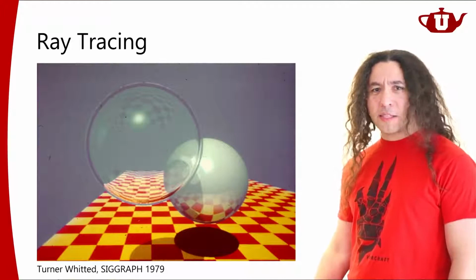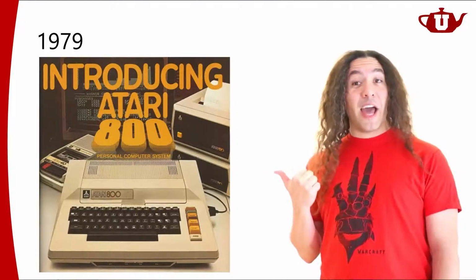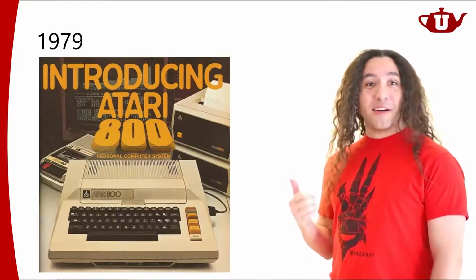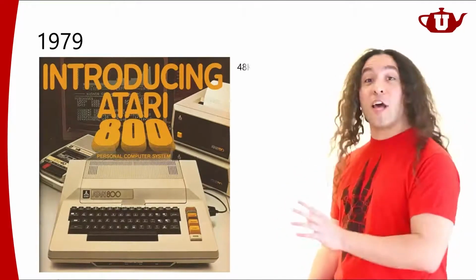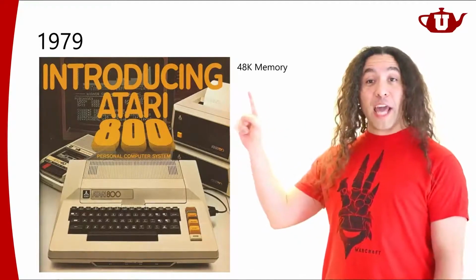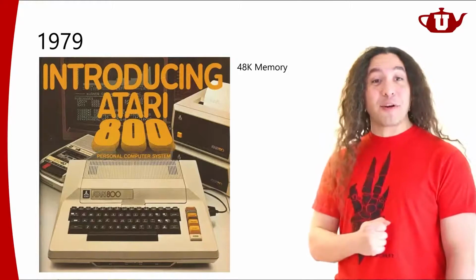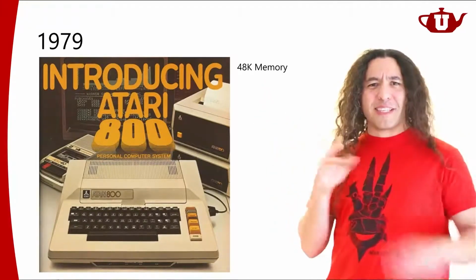When you think about the PC of 1979, this thing had just come out, the Atari 800, Model 800. This thing has a whopping extensible memory. You could extend it all the way up to 48 kilobytes. Can you believe that? Sorry, if this doesn't mean much to you, like what does that even mean?